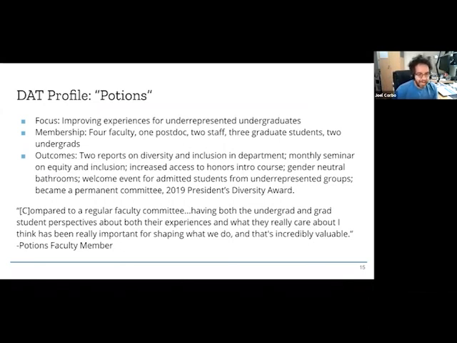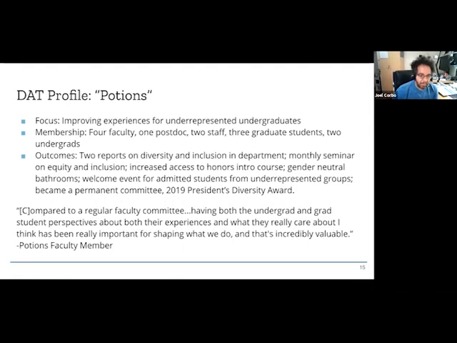So for this particular DAT, the membership shifted a bunch over time, but included overall 4 faculty members, all on the tenure track, I believe, 1 postdoc, 2 staff members, 3 graduate students, and 2 undergraduate students. So a pretty nice cross section, and I think they worked in a facilitated way for about 2 years, and they've been working independently for several more, 2 or 3 years perhaps, and they ended up producing a lot of